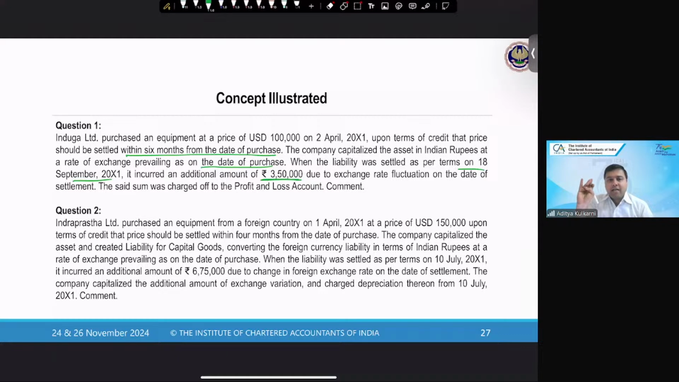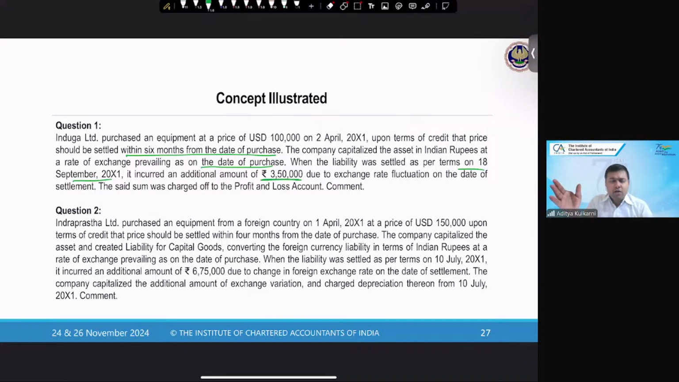In respect of capital assets that you procured, there was a choice that was available to you. That choice entitled you to take any exchange fluctuation arising on settlement of a transaction pertaining to capital assets to be capitalized into the value of the property, plant, and equipment. This transaction,